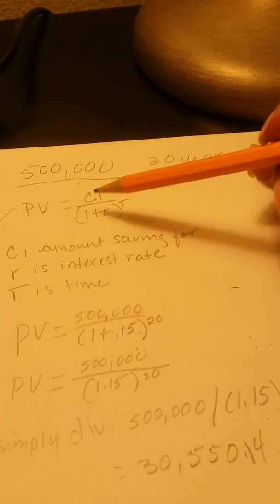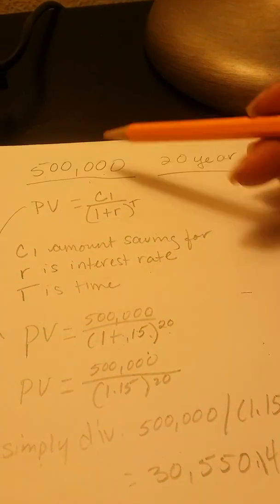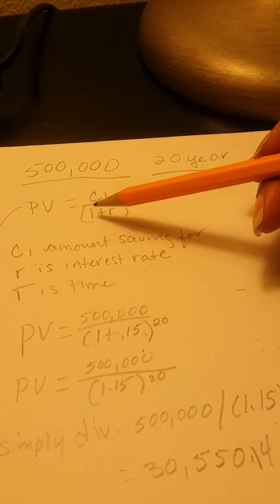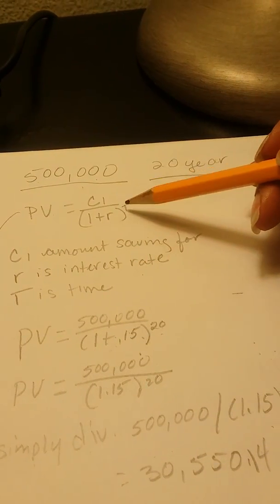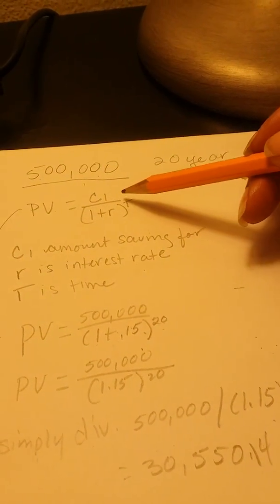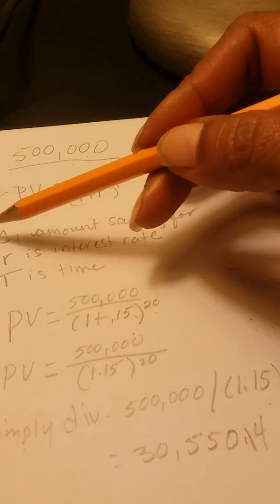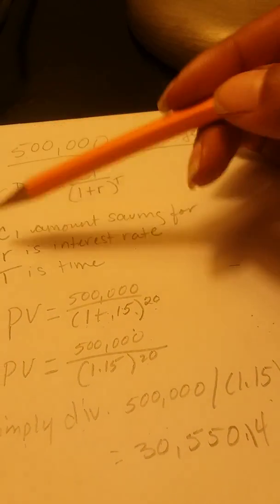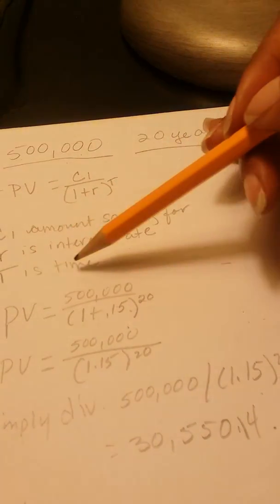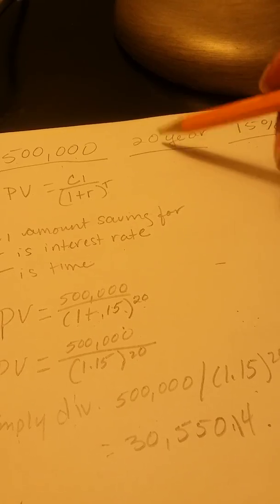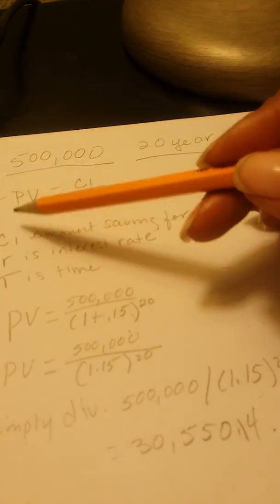So the formula for present value, the equation, is C1 over (1 plus R) to the power of time. So C1 is the amount that we're saving for, R is our interest rate, and time, of course, is going to be the 20 years. So we just carry down